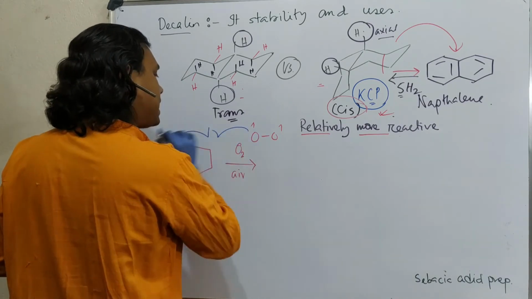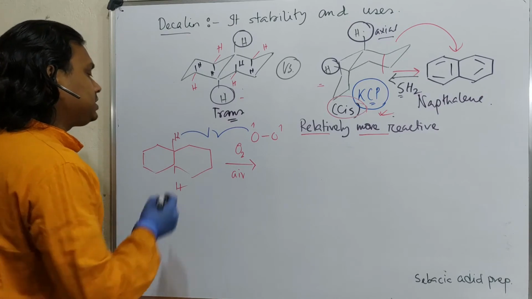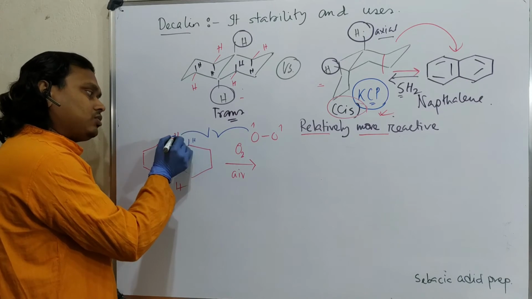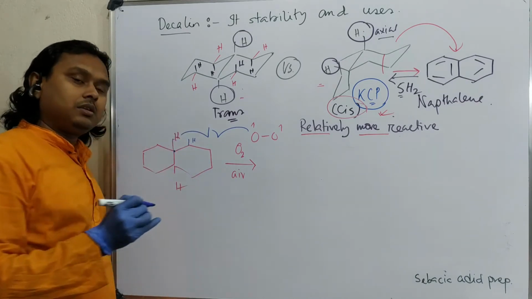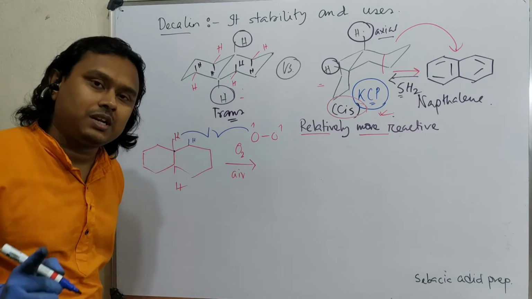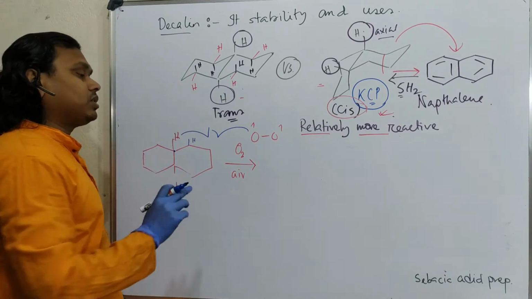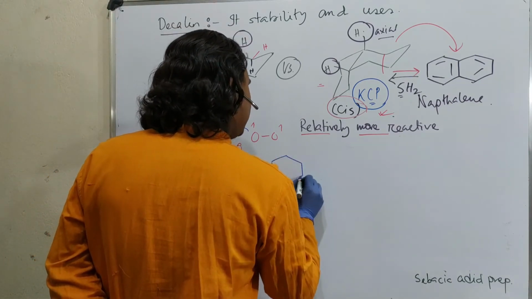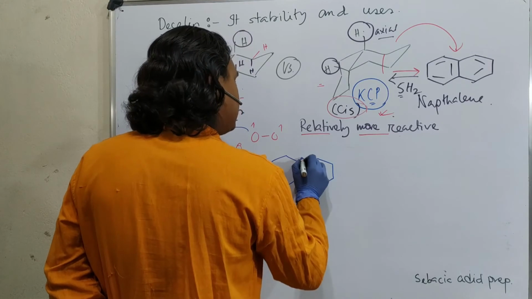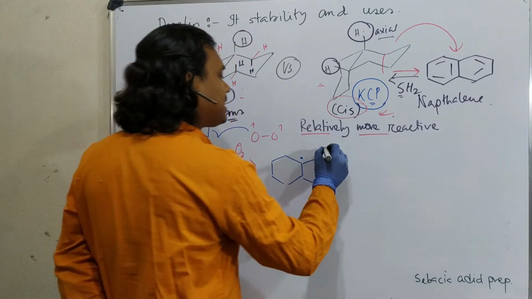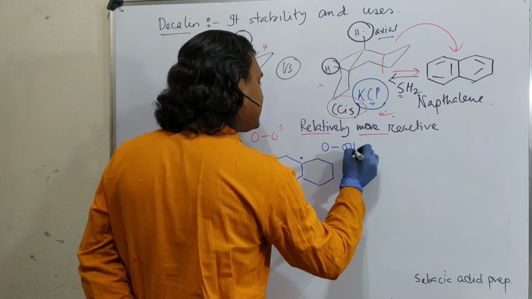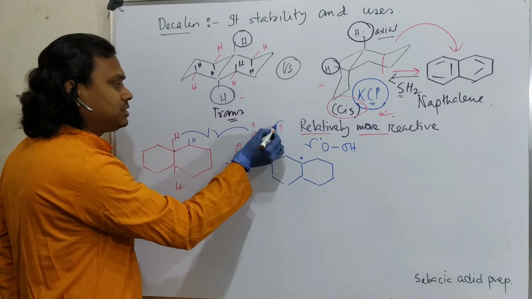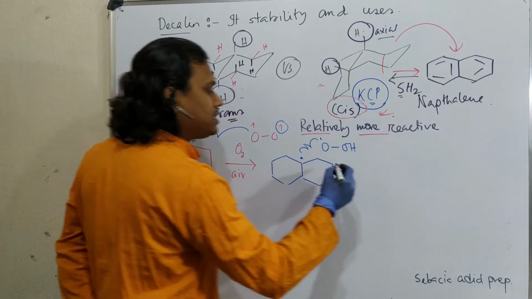So actually this is a radical reaction, in which case there is radical abstraction. There are 2 types of hydrogen. This is a tertiary hydrogen, this is a secondary hydrogen. After abstraction it will result in a tertiary radical, and in this case a secondary radical. We know tertiary radicals are far more stable because of the number of hyperconjugations plus the I effect. So first, what will it produce? This, and by the way, this is actually one of the most stable radicals, so the rearrangement probability is also very low. In the next step, another radical, so this part will further react with this and radical combination will occur.